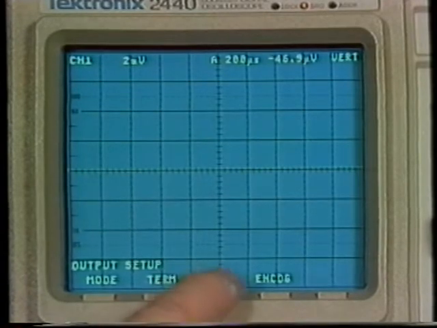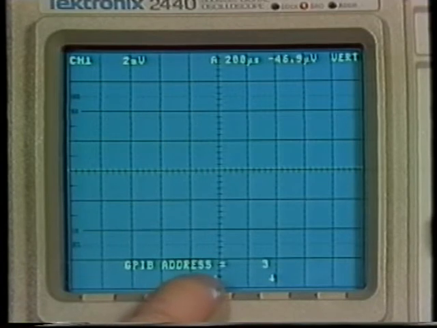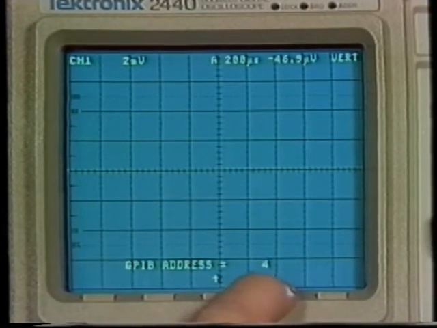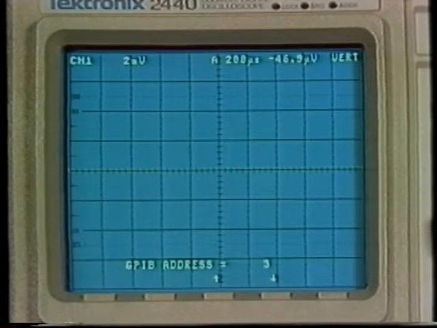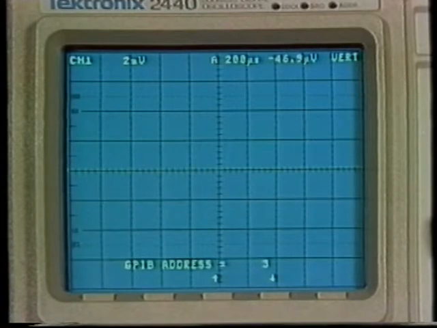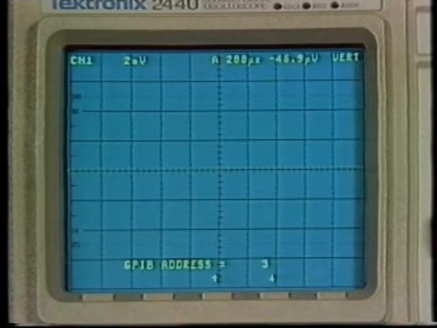The address is set by pressing the bezel buttons below the up or down arrows. The up arrow increases the number and the down arrow reduces the number, one increment for each press of the bezel button. This finishes setting the 2440 GPIB address. There is no provision to back up in this menu, so we must return to the main menu by pressing